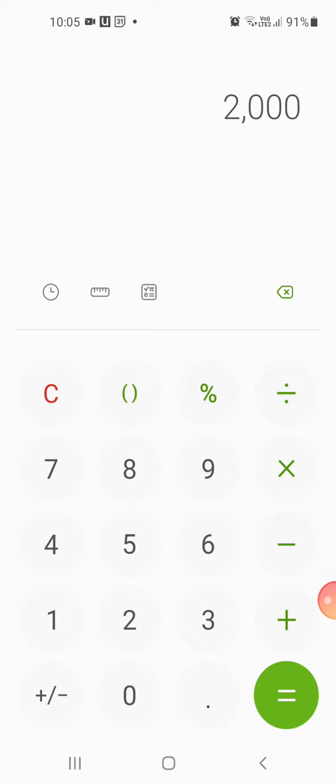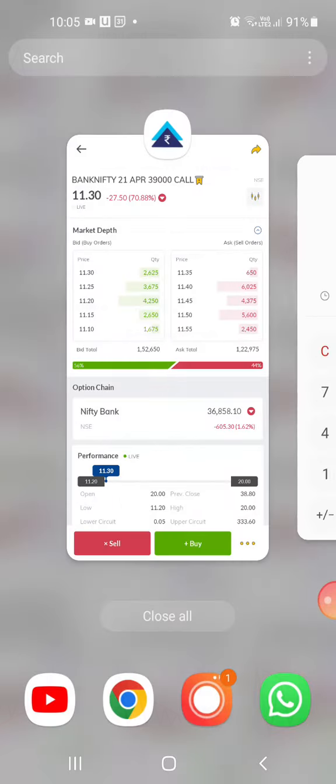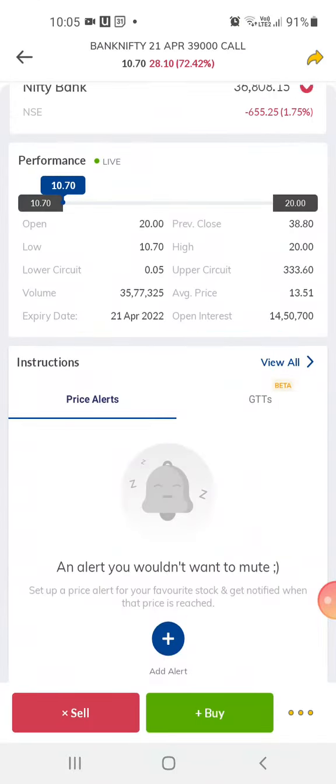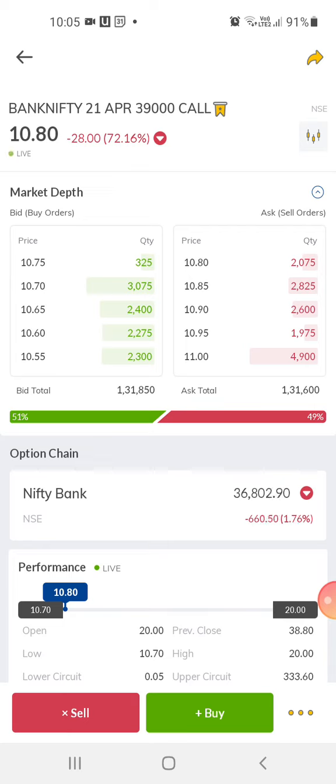What I would suggest is, if you're a new trader, try to use expiry day, and try to trade at the end of the day. If you do that, you would save a lot of time and energy, and you'll have a little bit less stress. Don't try to trade on Monday, Tuesday or Wednesday. Try to use expiry day for trading, and use price decay. Even if you want to trade on Monday or Tuesday, try to use the end of the day. Try to use BTST if you're a new trader.